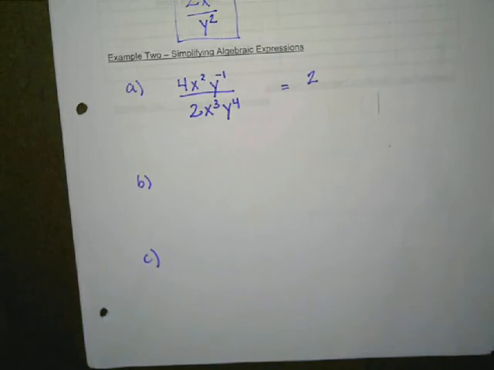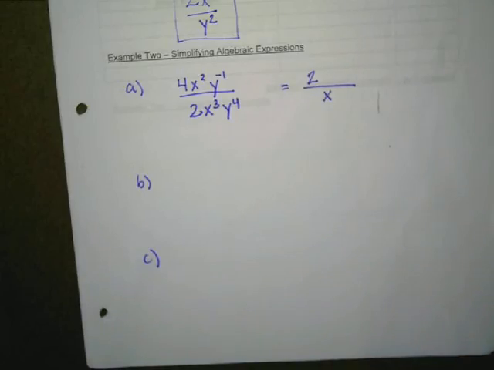And then the x squared over x cubed. Now we're dividing two things with the same base, so we would technically subtract the exponents. But you can also think of it as how many x's do I have on the top? 2. How many x's do I have on the bottom? 3. So how many would cancel? 2. And then you'd be left with 1 on the bottom. Okay? So you can take the 3 and subtract the 2 to get the x to the first on the bottom, or you can just think of as how many x's do I have, how many are to cancel, and how many are left. That's an easier way to think about it. So we have an x on the bottom,